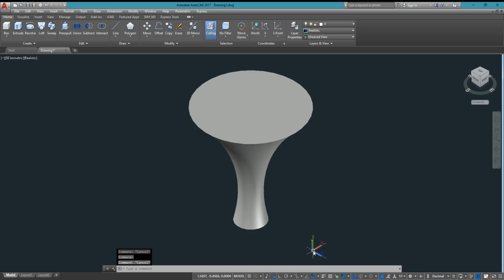Let's try another one here. Guys, you just have to understand that whatever you do in our model space will follow the direction of the UCS, or the user coordinate system. When we have this on the side, with the z-axis vector, let's try our draw and then rectangle. Then let's try another value here. The rectangle can be pointed here, and then we can see that it is parallel to our z-axis vector. Let's have 20, and then offset 10, and then another offset 10.